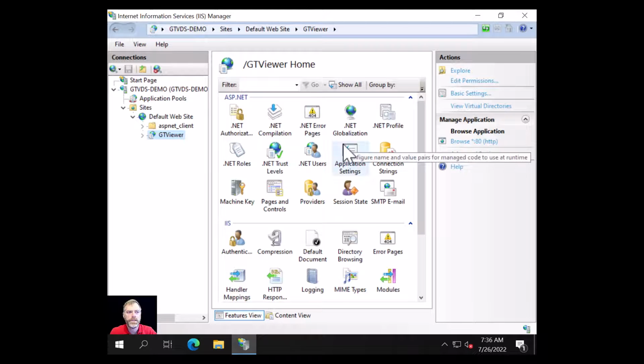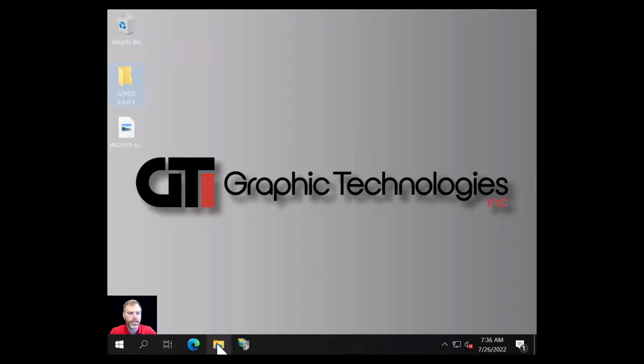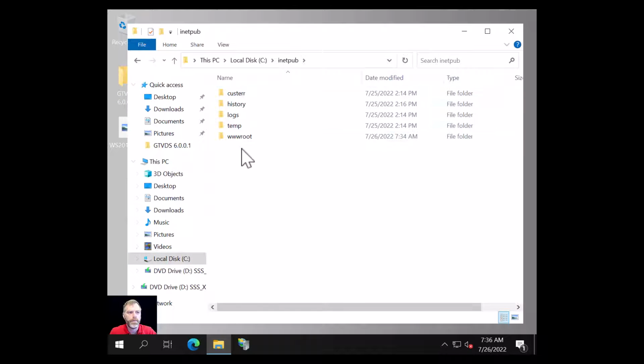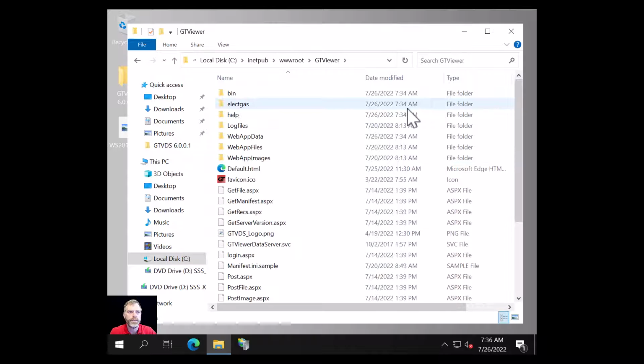The next thing to do is we need to configure some of the items to make everything work correctly. I'm going to close out of IIS and go back to our folder on our C drive, inetpub, wwwroot, GTViewer. There are several directories in here, and the application pool user needs to have write access to some of these.